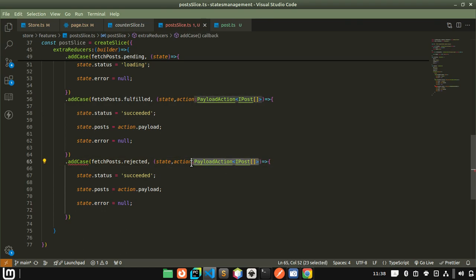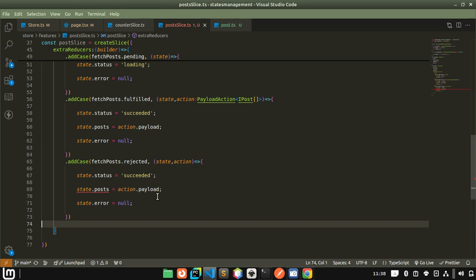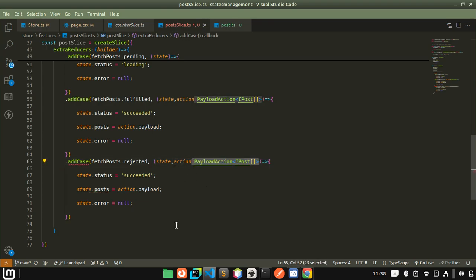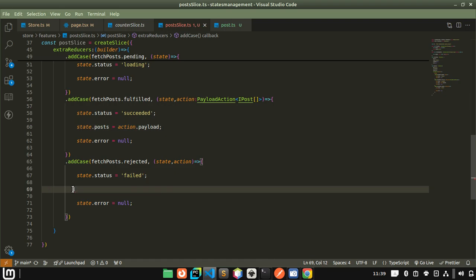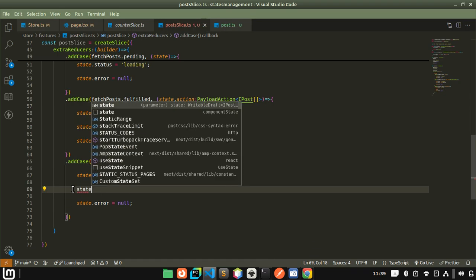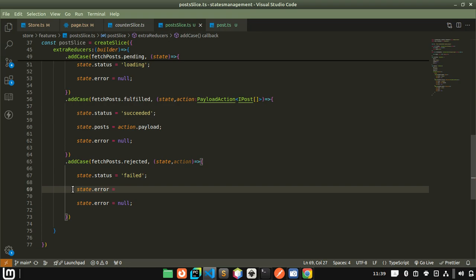Then we can now remove this. There is no need of that. I can show you, or I can maybe return it that way. Let me remove it. Rejected. Then I can maybe remove this. There is no need of this. Then with that, I can say status failed. State.post can say state.error is equals to action dot error dot message, or if that one is not available,